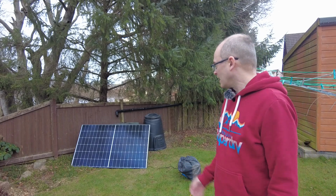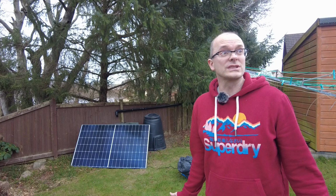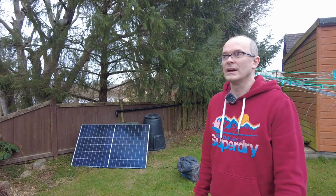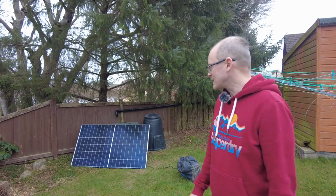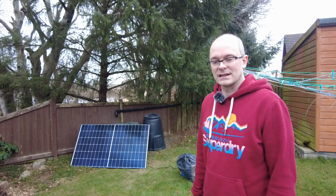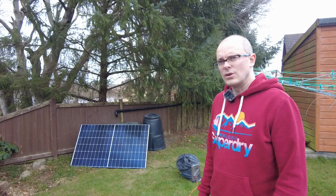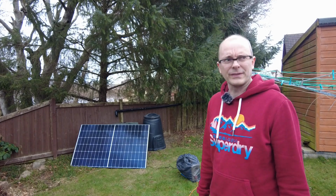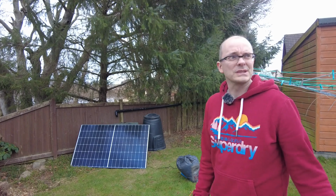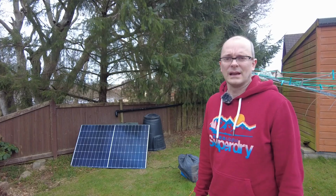So as you can see, I've now moved my solar panel into my back garden. Still no sunshine at the moment, but I can see brighter weather on the western horizon. There is a little bit of rain right now, so my bin bag is doing its job. We're down to 2 bars of battery out of 5 now, and I was really hoping that today was going to be a brighter day, but it looks like the brighter weather is going to be coming along in the